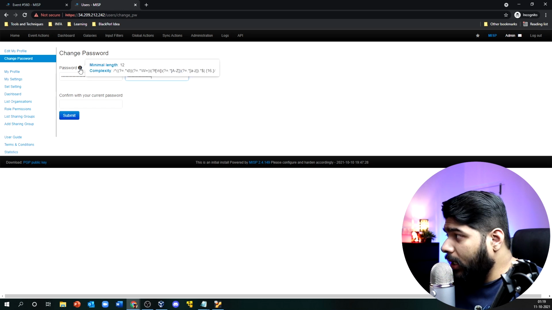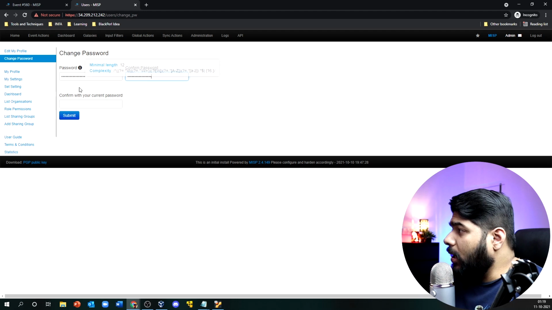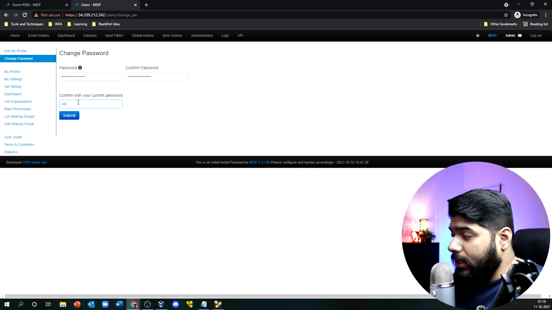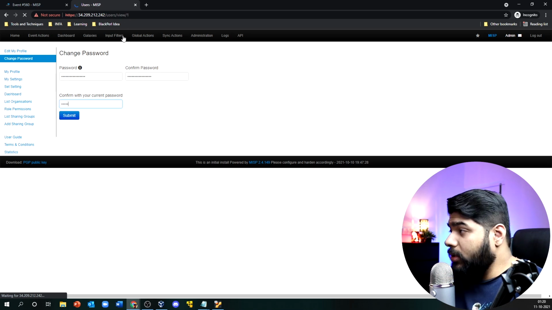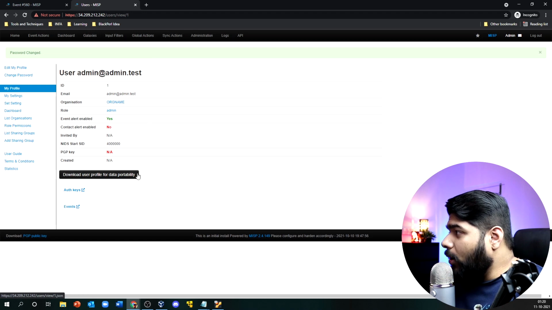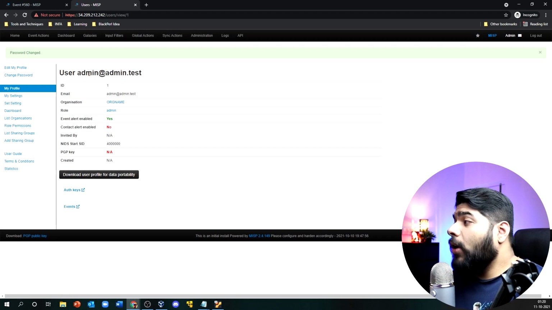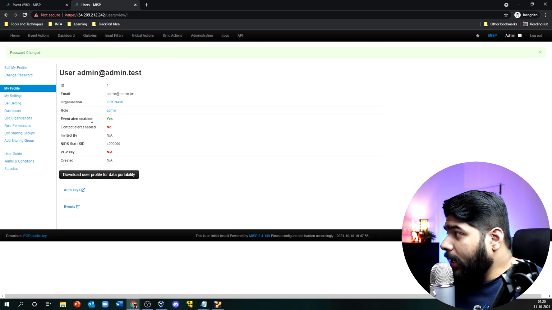So minimal length 12, and there is the complexity of the password. So make sure you abide by that rule. Otherwise MISP won't allow you to change that password. Okay, so once that is done, if you are in an organization, so what you can do, this